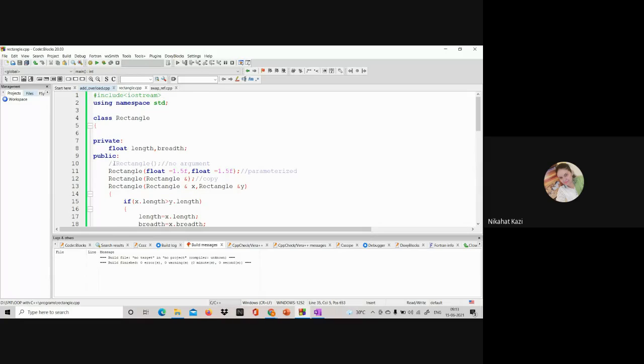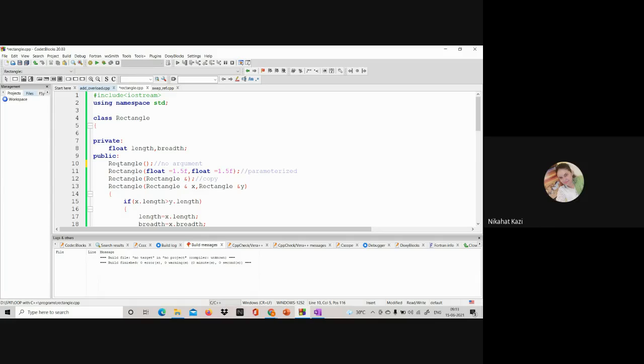What I have done here additionally is I have removed the no argument constructor. Why do you think I have removed the no argument constructor? If I put it back, will it work? Will the program work? I think it will not work. Why?